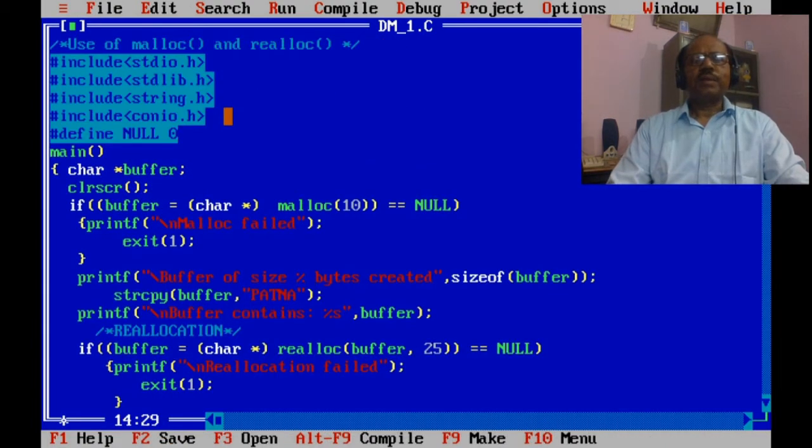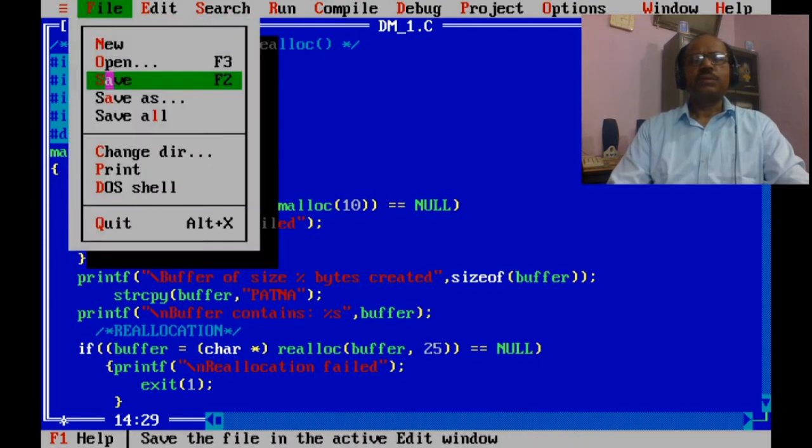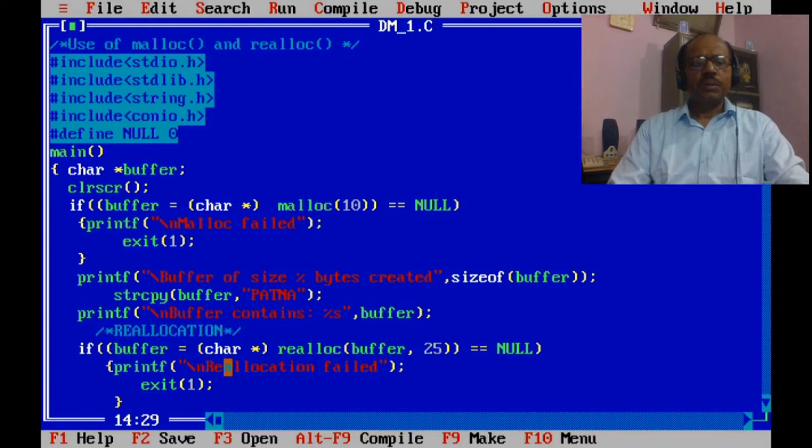Now the program is complete, and let's save the program. Save, and now execute the program. No, here there is a mistake.